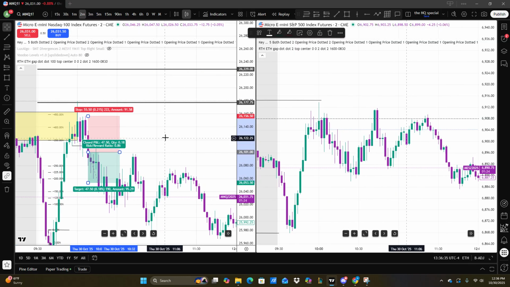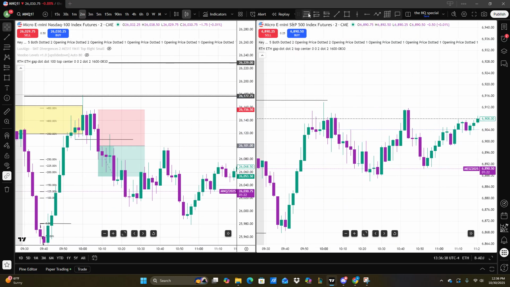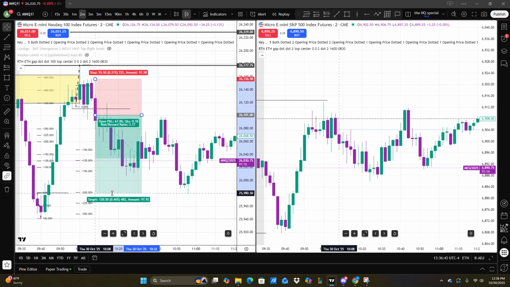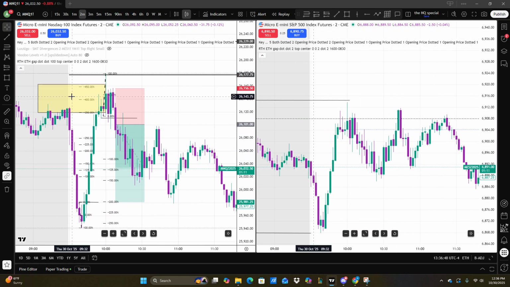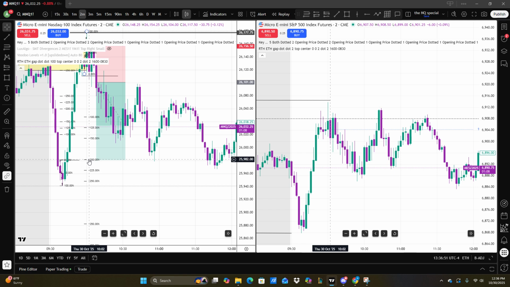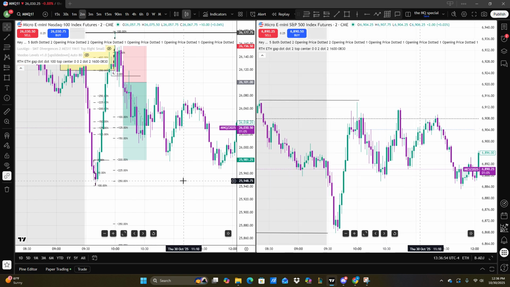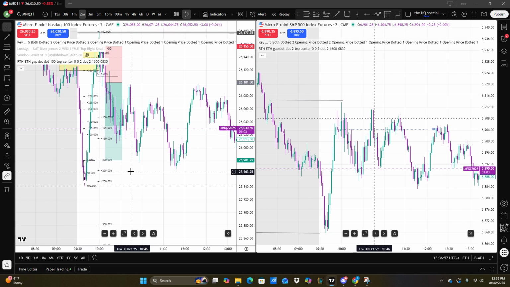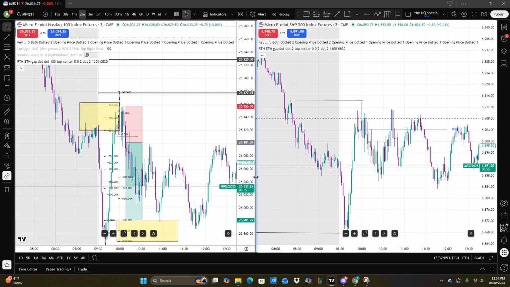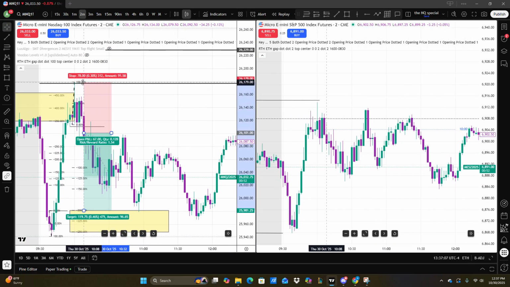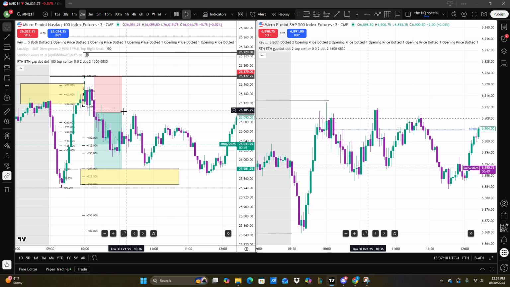So let's go on a 2-minute, and then the last move up is from here to here, and then you take profit at the 2. Now the safest thing is, you won't always hit the 4, right? So the safest thing is to take most of your stuff off at the 2. And if you look, we perfectly hit the 2. We came back again and we dug deeper into the 2, right? Bada bing, bada boom. So this would have been your second trade right there, right? So 119 points,